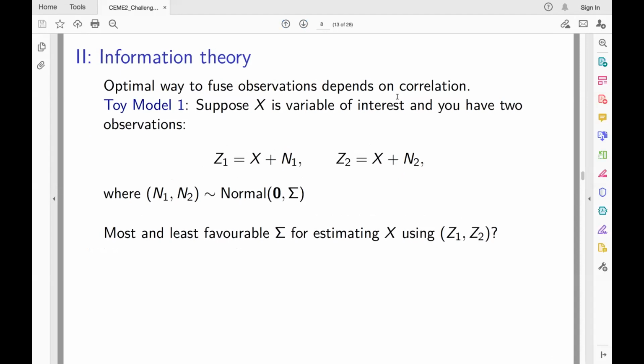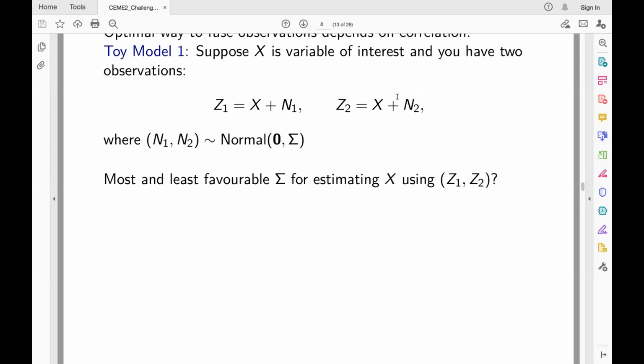So something, for example, I very early on said, well, obviously the best thing is if the observations that we see are independent. I mean, clearly that seems obvious. And actually it turns out that's not true. And so by playing with the toy model, we realized that my intuition was actually completely wrong. So here's an example where this intuition isn't true.